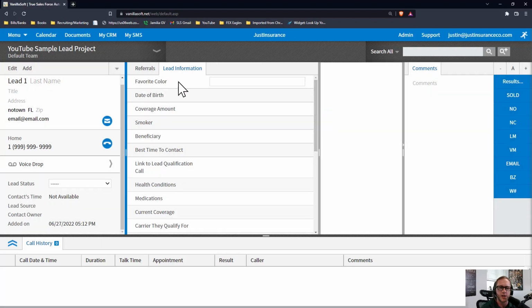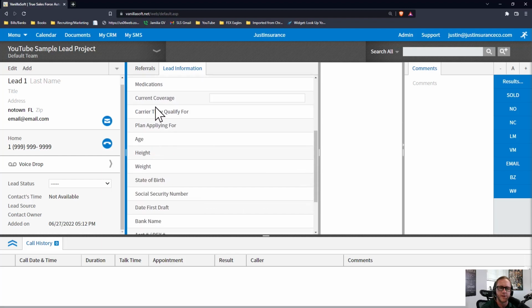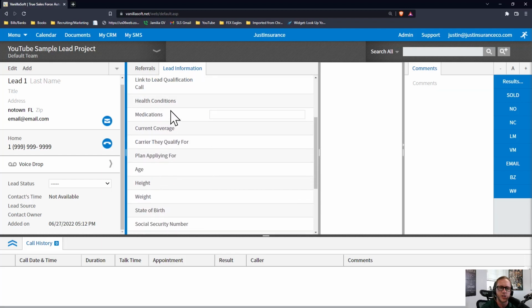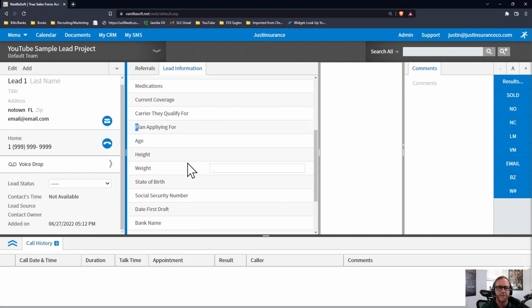So I put favorite color, field, date of birth, coverage, how much coverage they want, do they smoke, who's their beneficiary, the best time to contact them, if there's a link to a telemarketing lead qualification call. As I'm going through the script, I want to put in their health conditions, their medications, any current coverages that they have, what carrier they qualify for, the plan they're applying for, their age, their height, their weight, their state